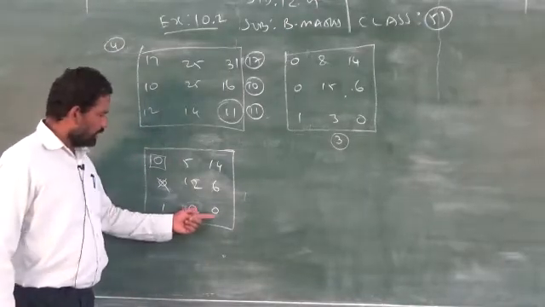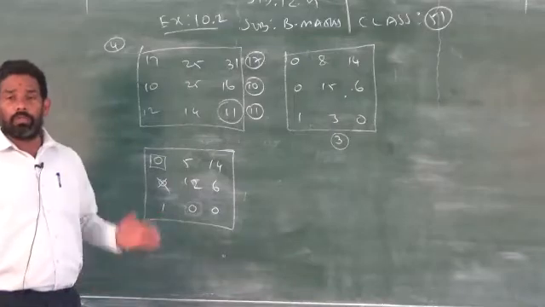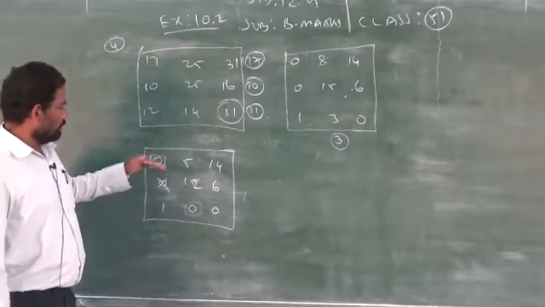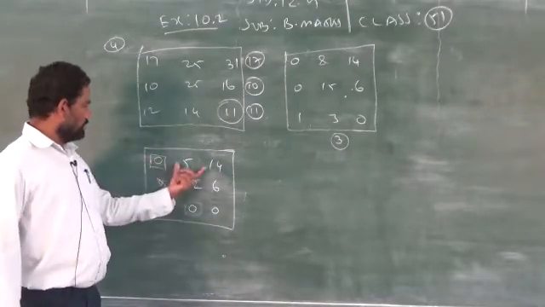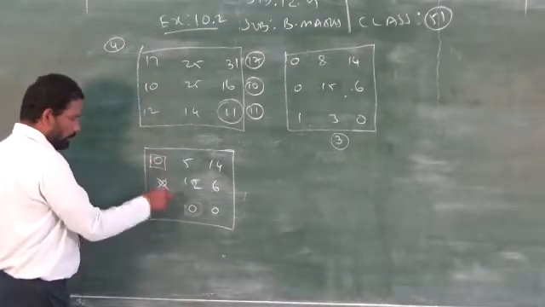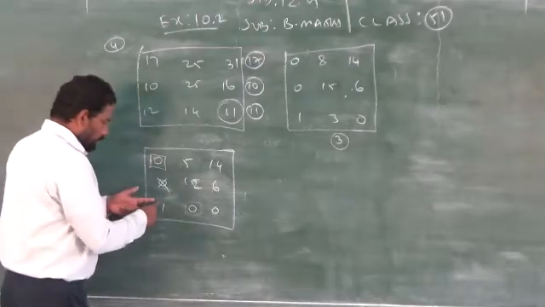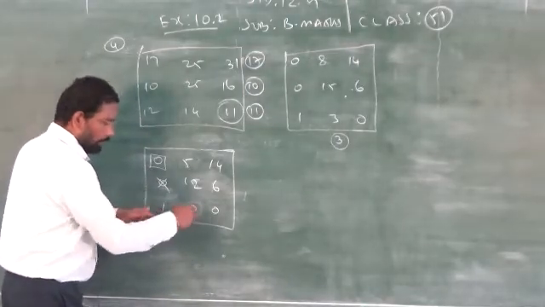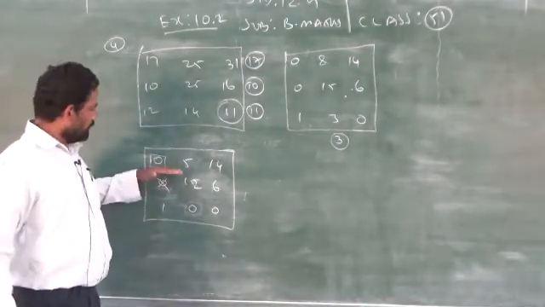Here how many zeros are there? 2 zeros. So, you don't box it. First you have to check row wise. When the row consists of exactly one 0, put the box. If any zeros are under the column, put a cross mark. Then you see the last row, we have 2 zeros, you don't put a box. Now I checked all the rows.